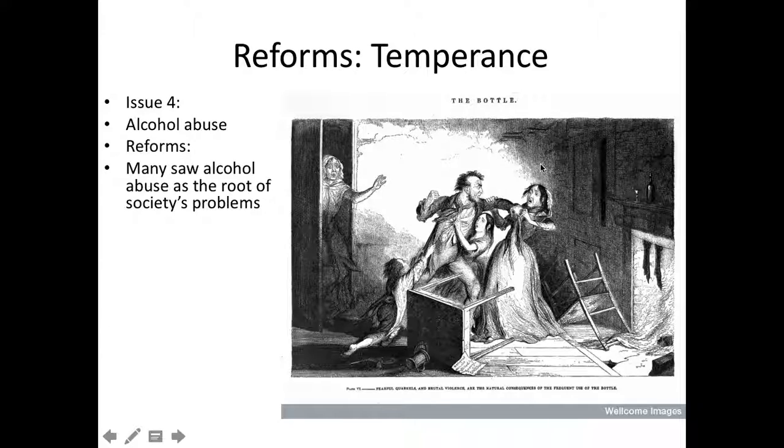People were not showing up to work, or they were showing up to work drunk, or you saw people that were dying of diseases related to alcohol. They had alcoholism, the addiction. They had liver disease as a result. So a lot of people said we need to reduce alcohol use, and you'll have what's known as the beginning of the temperance movement. And temperance really meant moderation of alcohol use.